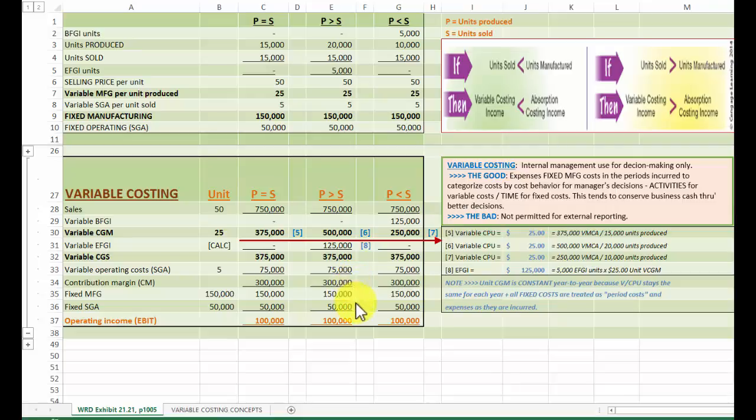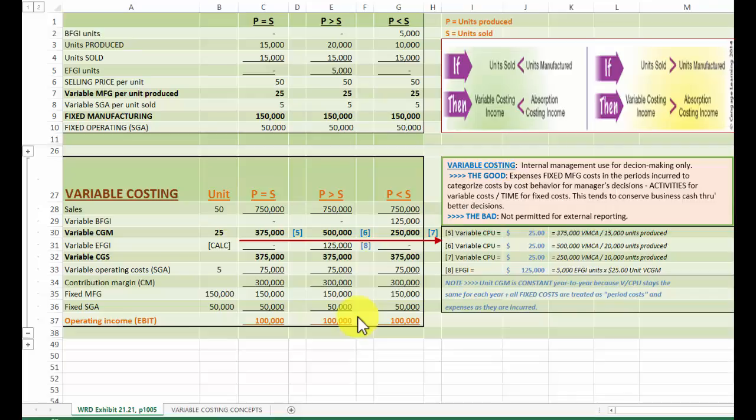Deduct the fixed manufacturing and the fixed selling, general, and administrative costs of $200,000, and you get $100,000 of EBIT. Okay, so as you can see, what variable costing does, when sales and production costs are the same, profit will